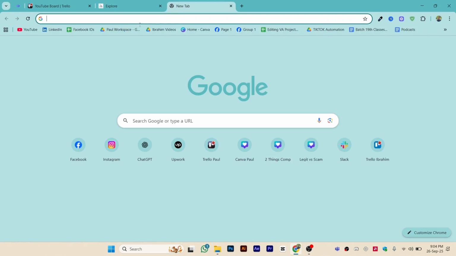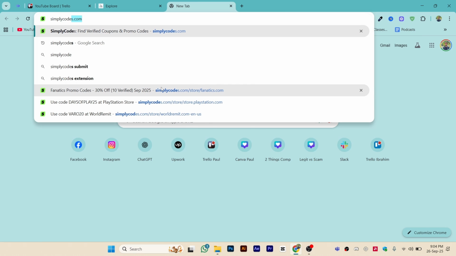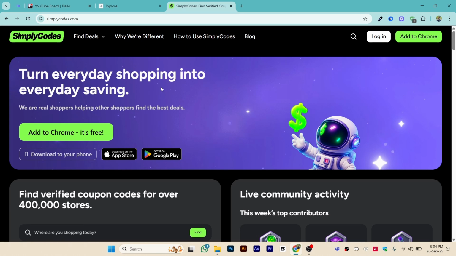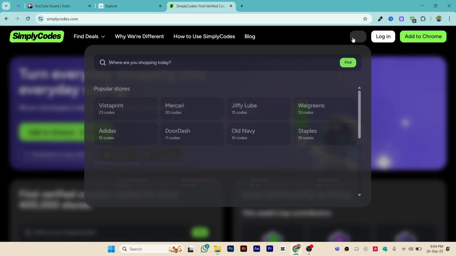Now first of all, head to Google and in the URL bar simply write down the name of the website, which is simplycodes.com. Make sure to write the exact same spelling, simplycodes.com, press enter, and you will be redirected to this website. Once you're at the homepage, just go to the search button on the right side, click it